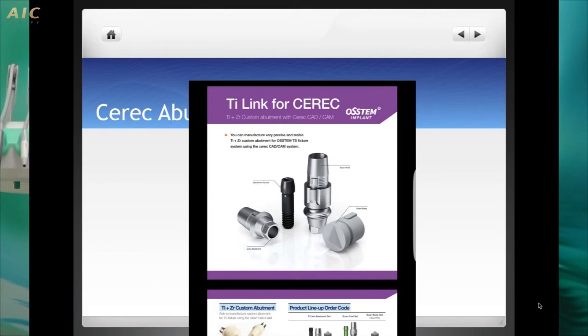And one of the things I really like about working with OSSTEM is that they now work with CEREC and other systems, and they are always 1 step further, 1 step more advanced than almost every other company. And now they created the TiBase for CEREC, and you also have the scan post and the scan body. And because I'm speaking to all of you guys, some of you more experienced than I am, others less, I'm going to explain the basics,